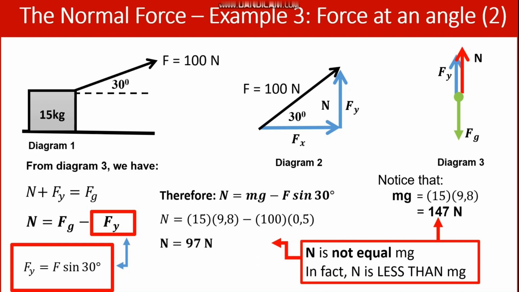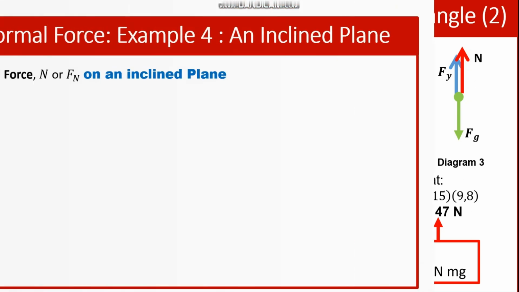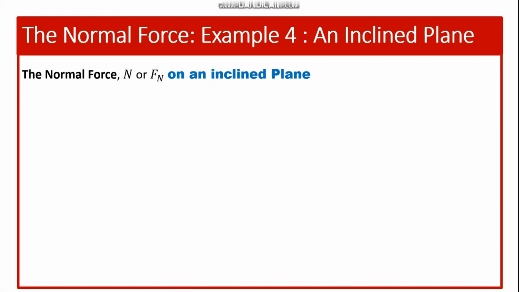In this particular case, our normal force is smaller than the weight of the object, mg. Let's proceed by looking at the last example, which is example 4, an object resting on